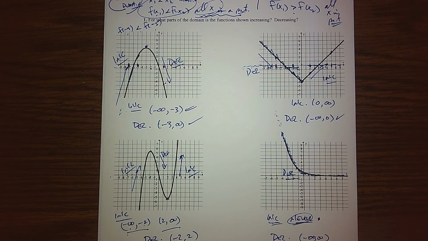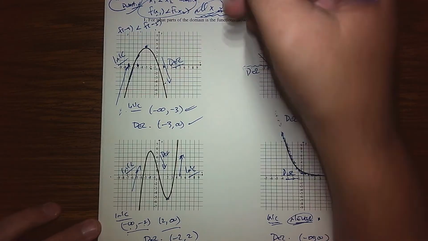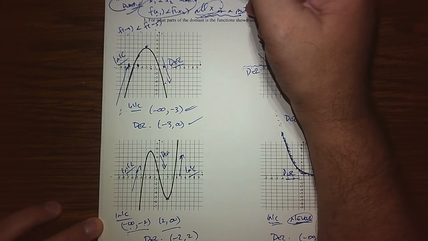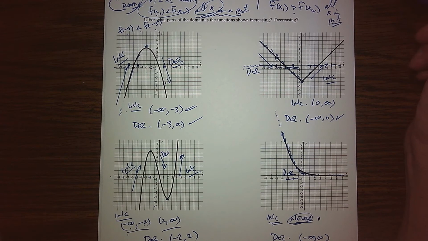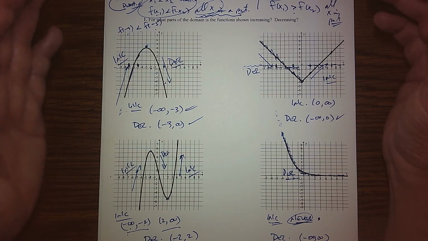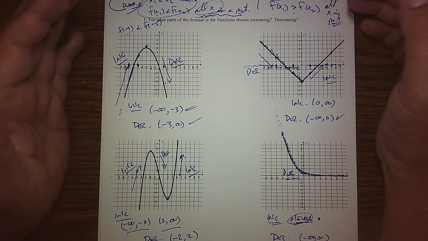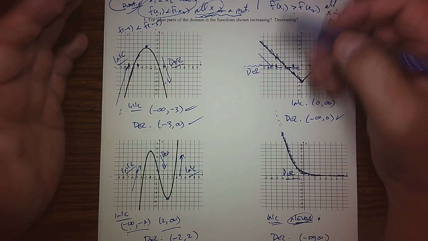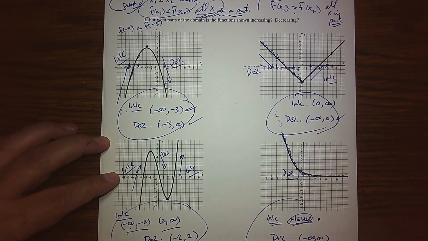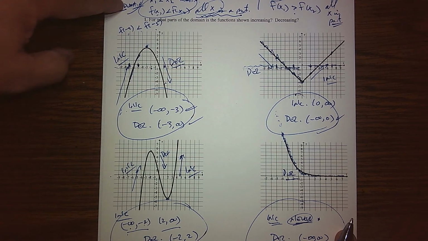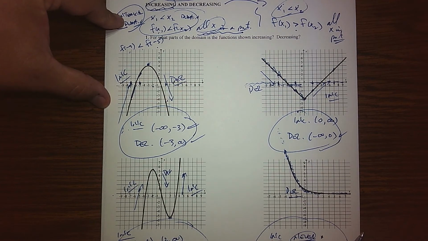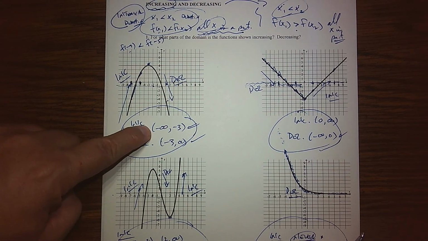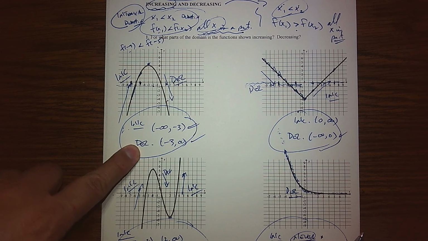So that wraps up our first initial idea, and it turns out that this concept of increasing and decreasing also helps us with some extrema ideas, but I'll cover that in the next video. To wrap this up, I think very visually it's kind of obvious when we're on our way up or down, but what's not obvious is how to write our answers. The answers for the increasing decreasing question are intervals along my domain. So we're basically going to be using interval notation to represent the parts of the domain where I'm on my way up and the parts where I'm on my way